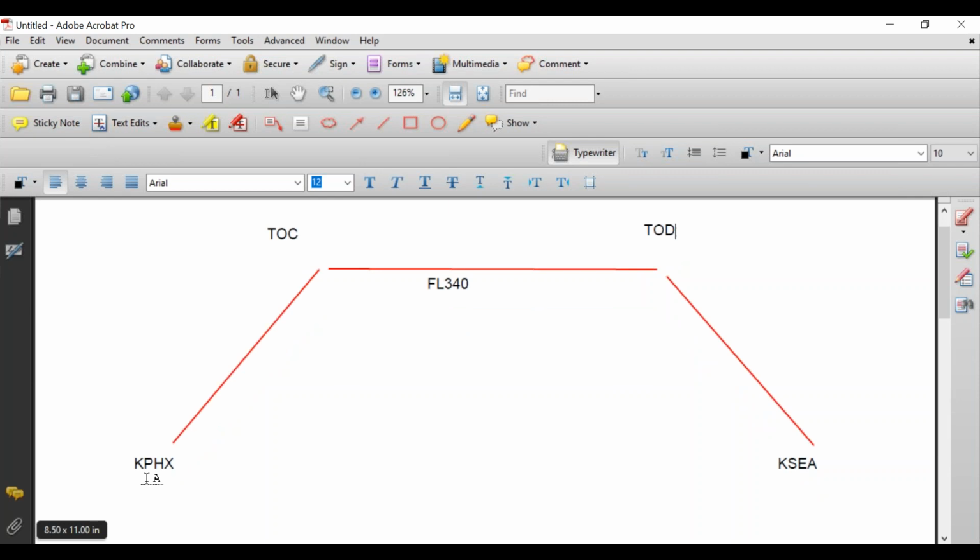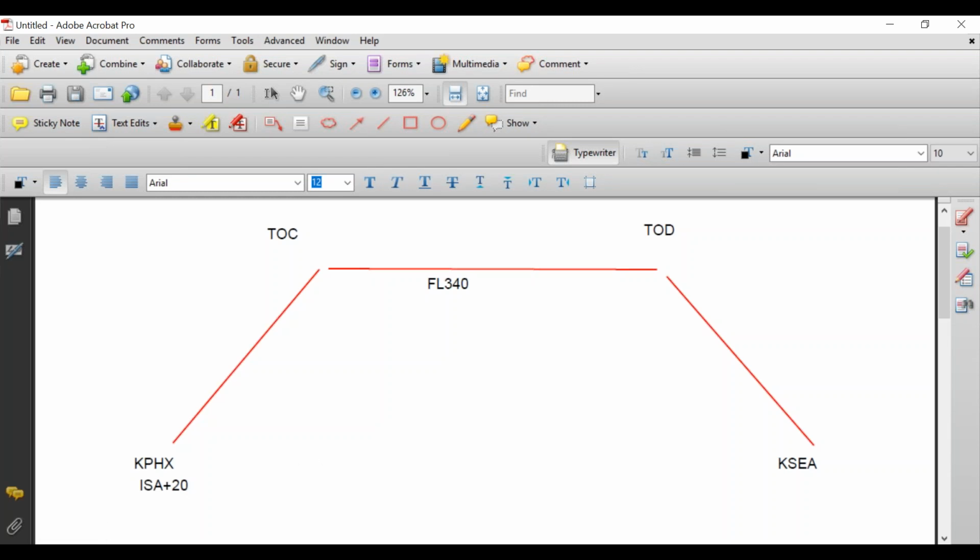Any other information that we already know, I like to put in here. So like Phoenix, we already figured out the ISA temperature for Phoenix. It's ISA plus 20. We figured that out the other day when we were doing the simplified fuel. ISA plus 20 in Phoenix. We have not figured out any of our ISA temperatures for the rest of the flight. This is something that we have to go through and eventually do here. But